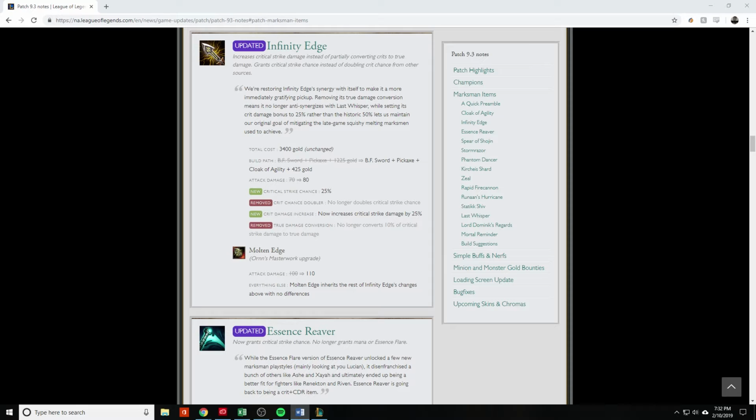The build path changes, which is a plus. The AD is increased, and it now gives 25% crit, while also increasing crit damage by 25%. The double critical strike chance has been removed, and so has the crit damage to true damage conversion. This will have a larger impact on the item's ceiling than the baseline efficiency. This change also means Infinity Edge builds will spike later in the game, presumably when you buy an Armor Pen